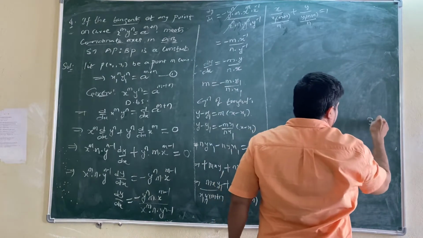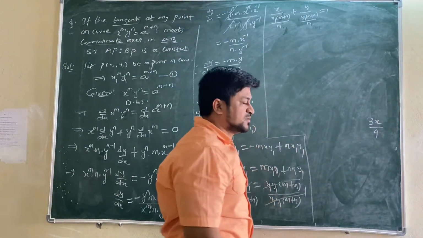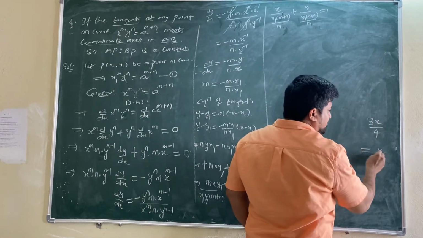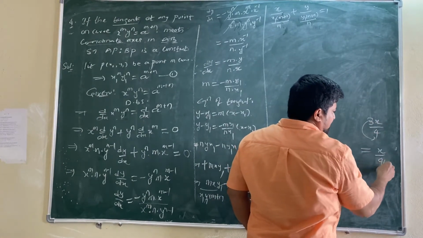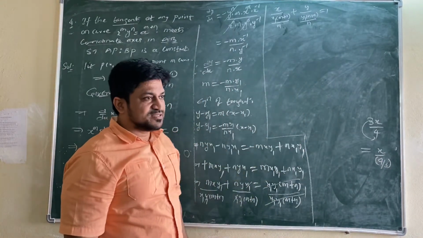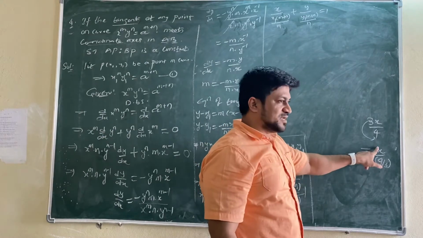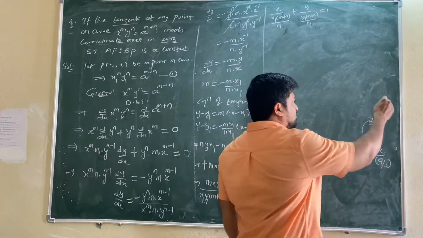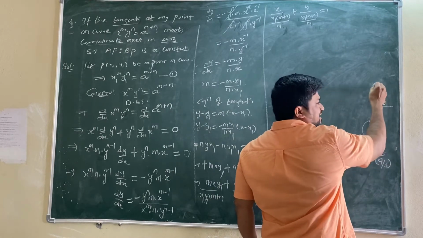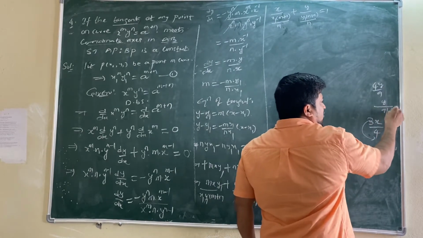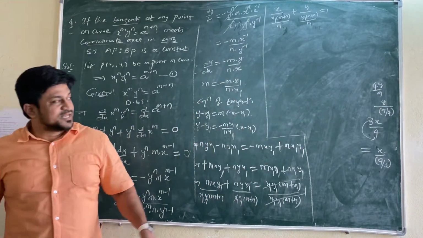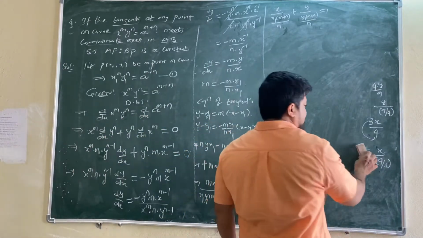Why are we doing this? I'll show you that. Suppose we have 3x by 4. I want x in the numerator, so the other value I have to remove. Where should we send that value? To the denominator of the denominator. If I reverse that one, what will I get? Same thing: 4 by 3 comes here, so 3x by 4 only. Suppose 4y by 9 is there. I want y in the numerator. Where can I send this 4? Denominator of the denominator. Got it? So why do we need x here? x by a, y by b to get the intercepts.